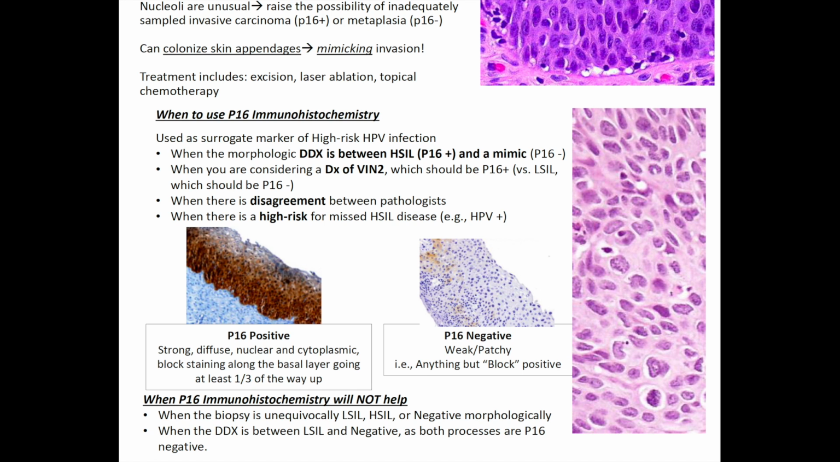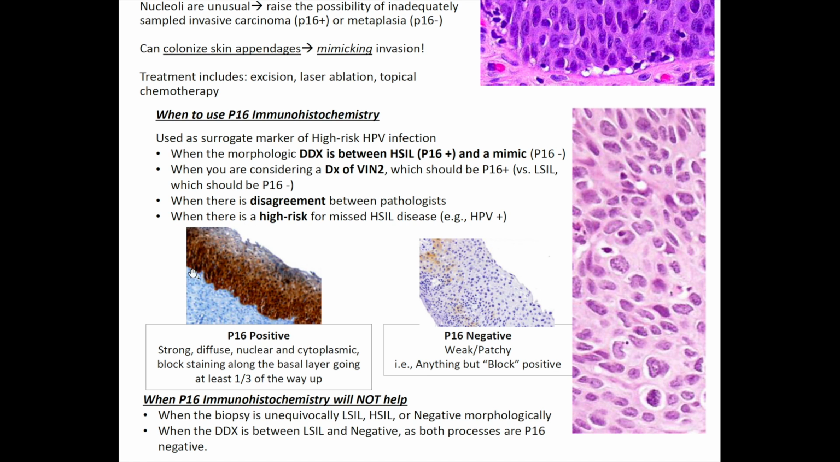Also, you can use P16 when there is disagreement between pathologists to help add more data for the discussion, or when there is a high risk for missing HSIL disease, such as in patients that are HPV positive or positive for high-risk HPV strains. And then as far as what it would look like, on the left we have P16